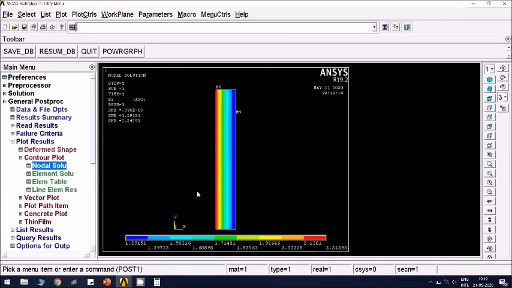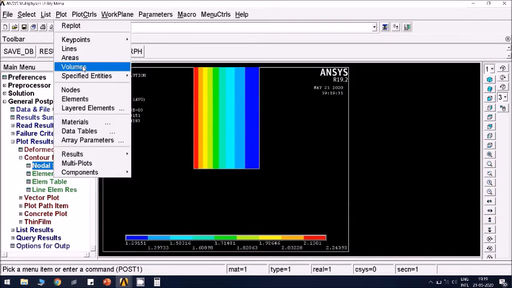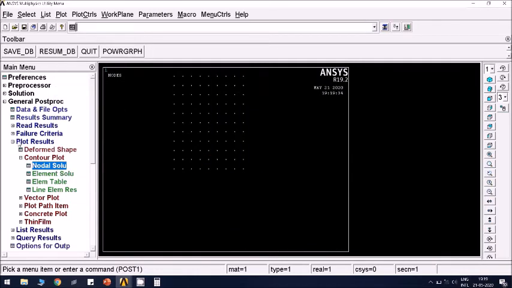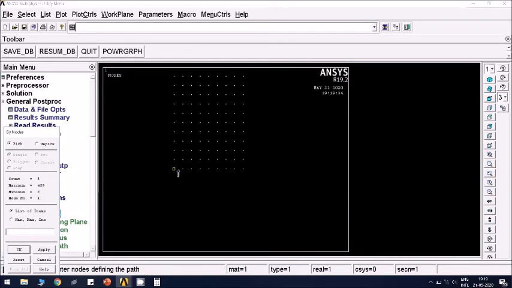If I want to plot the radial and hoop stress distribution, I have to create the paths. So I'll zoom this area. I'll say plot line nodes. I'll go for path operations, define path by nodes, pick all these nodes in sequence.